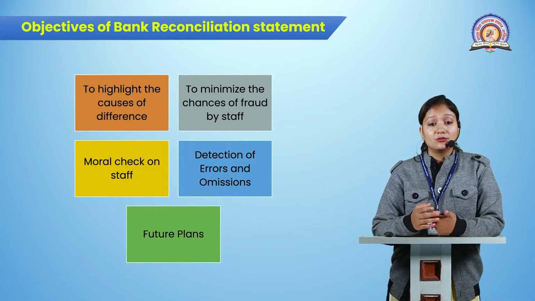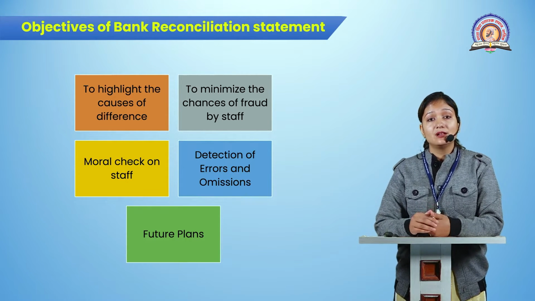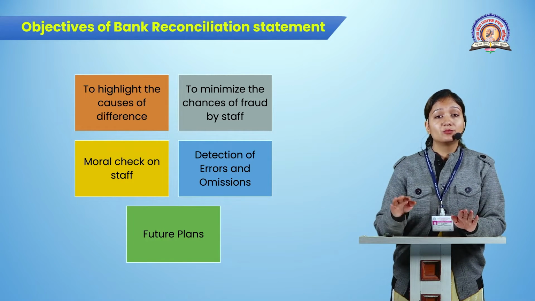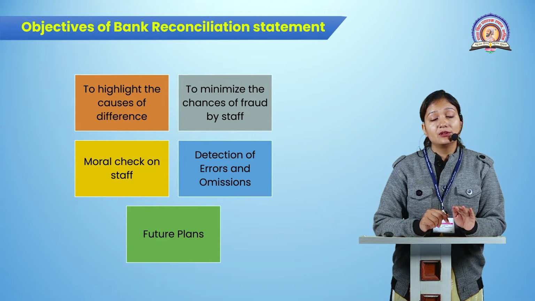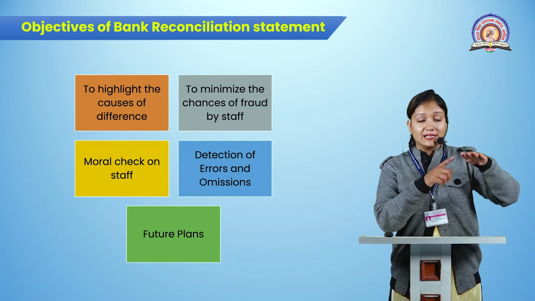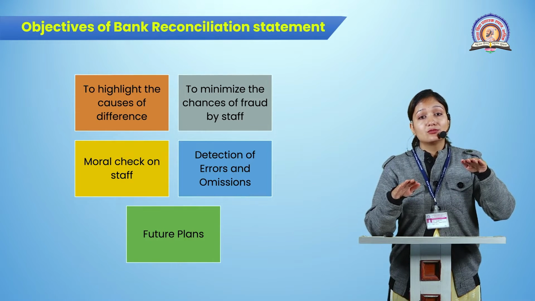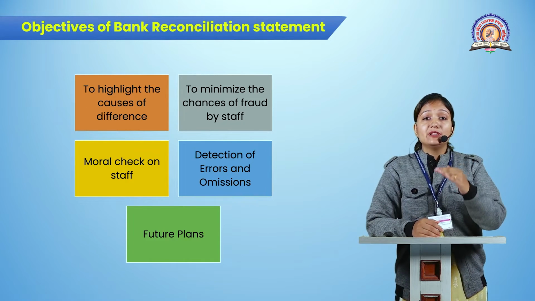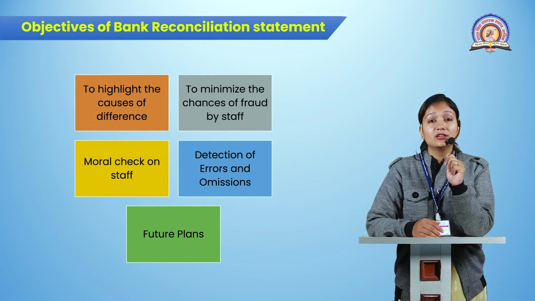So I will detect the different errors I'm facing in my cash book and passbook. For example, I have made an entry in the cash book of 1000 rupees, and the bank has also made an entry of rupees 1000. Now, if by mistake I have written 1000 as 10,000, my balance will go up because of the 10,000. So my cash book will show more balance than my passbook. This is an error between cash book and passbook. So I am detecting that error and finding out where I am doing wrong things or wrong entries.